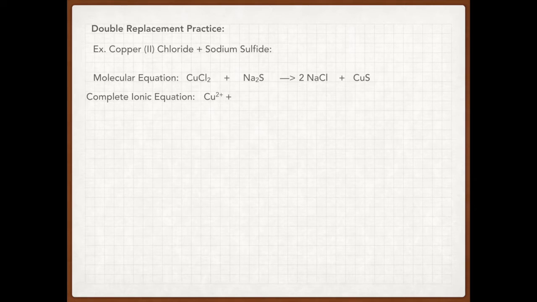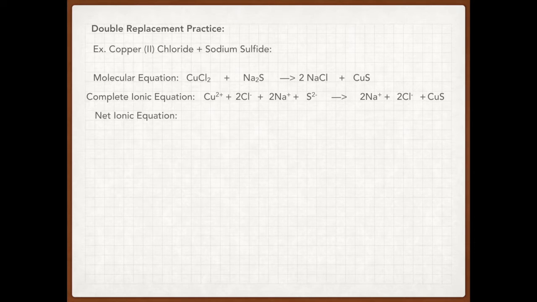And I'm going to add that to, well, I have 2 chloride ions, so 2 Cl minuses. And I'm going to add that, well, sodium sulfide, also anything that sodium's bound to is going to be soluble. So I'm going to have 2 sodium ions and then a sulfide ion. And that's going to produce, well, sodium chloride is going to be soluble. So I have 2 sodium ions and 2 chloride ions. And then if I look for the rule for sulfides, copper sulfide is actually insoluble, which means I leave it